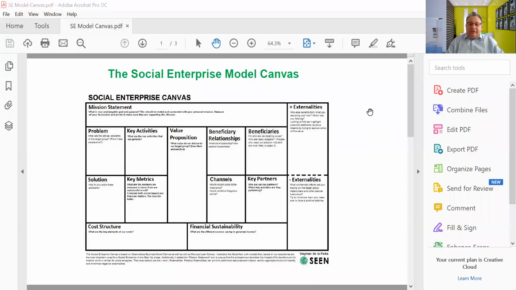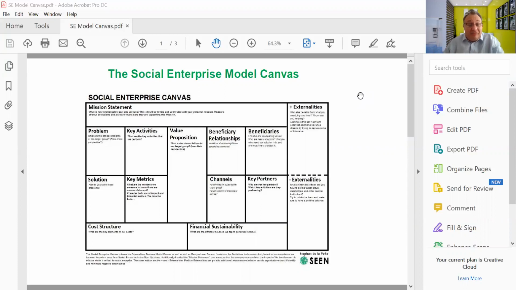Here we are. This is called the Social Enterprise Model Canvas. And what is really great about this model is that it asks you to rethink and relook at all those activities that are enabling you to drive value into your business to attract beneficiaries, investors, and key stakeholders to coalesce